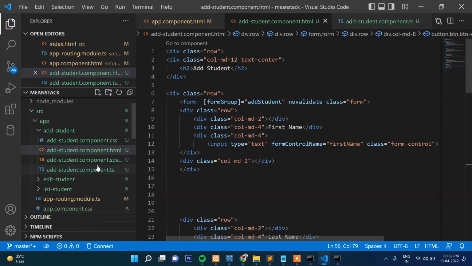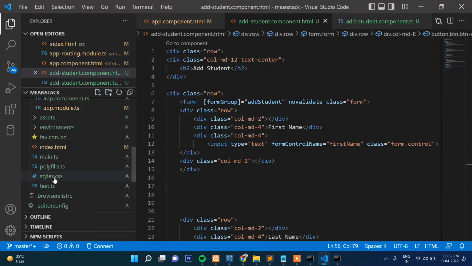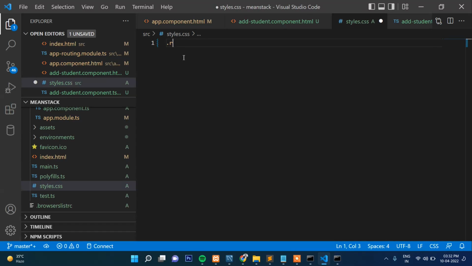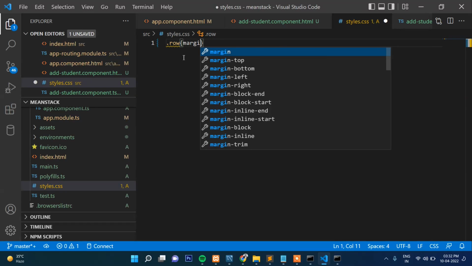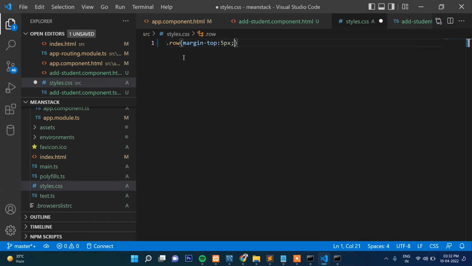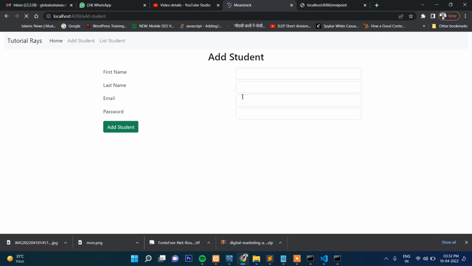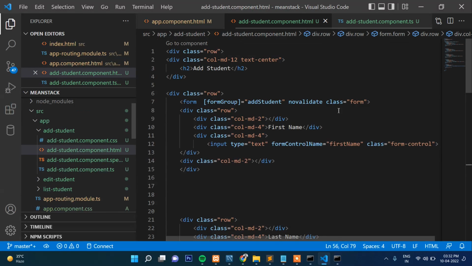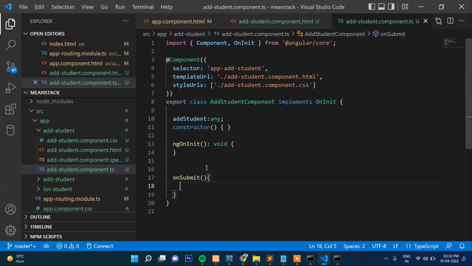Let's go to style.css, and here dot row, margin top 5px, so that there will be some spacing here, right? Now let's close it now for the timing. Now we need to come here, and then here we will write the code for